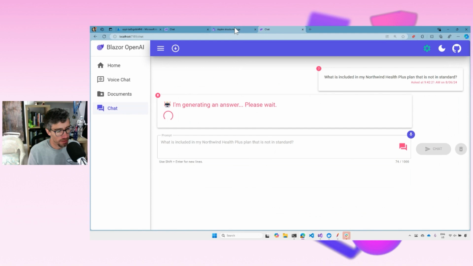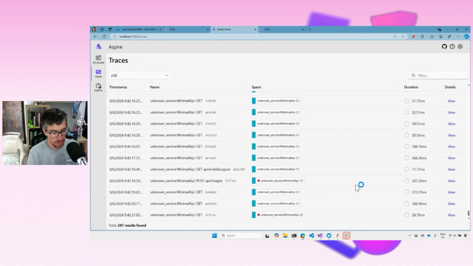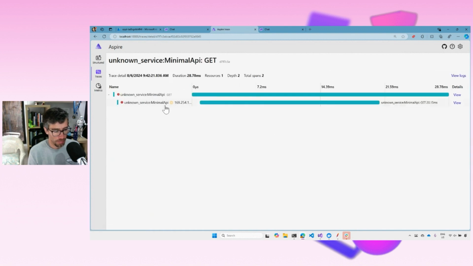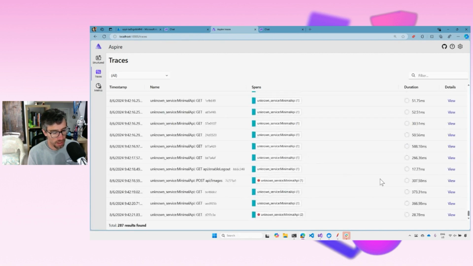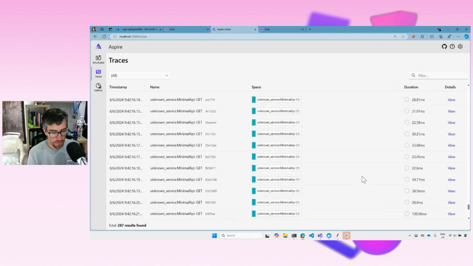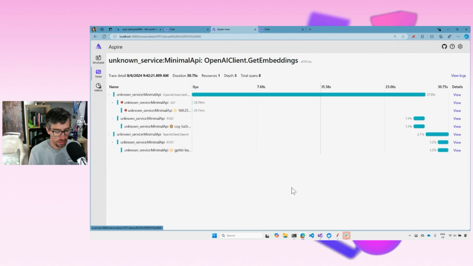But I've set up ASP.NET, instead of sending it to Application Insights, it's sending it here. So if I come into here, I can see what's happening in my app, which calls are being made, what backend calls are happening in my application. And I've then got my end-to-end traces as well. So this one's running at the moment. That's running the OpenAI call. Let's have a look at that.